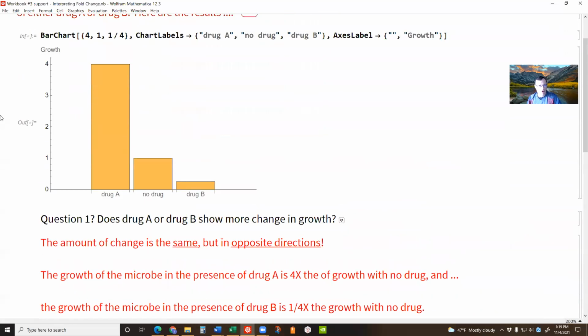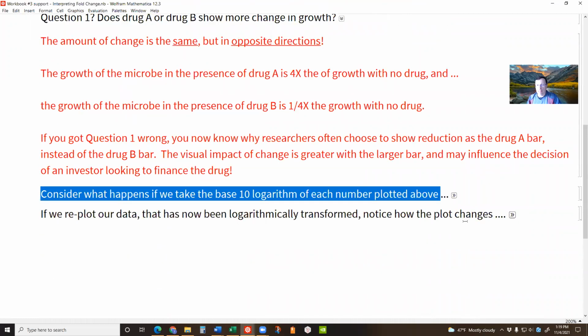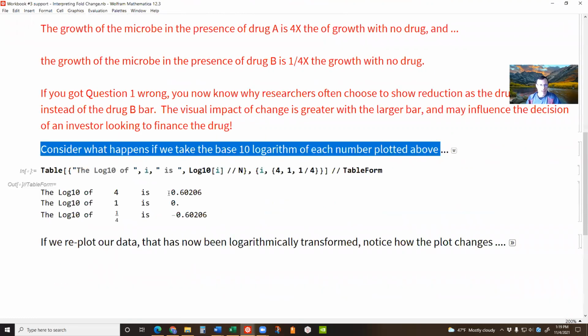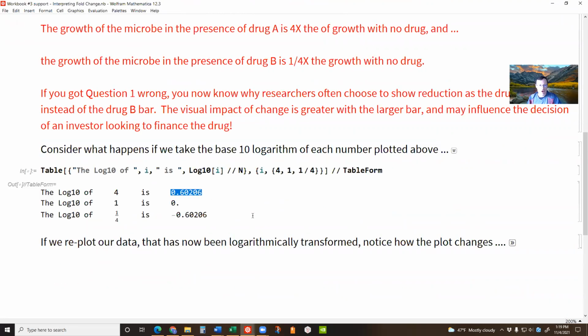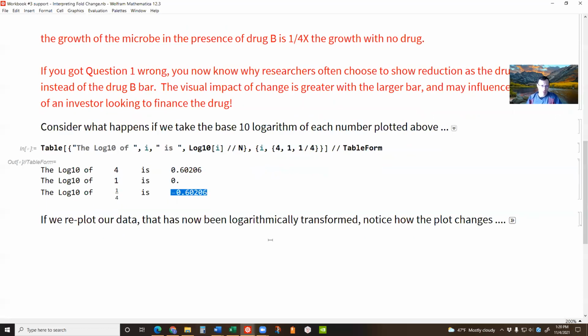So the numbers above are 4, 1, and 1/4. All right. So if I put those numbers into a calculator and ask it to give me the logarithm of them, here's what I'm going to get. I'm going to get 0.60206 for 4. I'm going to get 0 for 1, and I'm going to get negative 0.60206. Anyway, you can see that the log of 4 is positive 0.6 and the log of 1/4 is negative